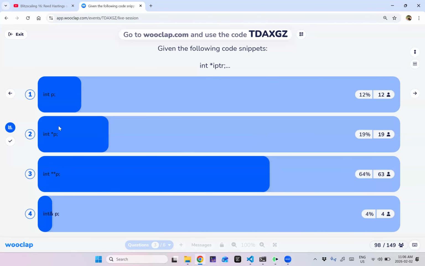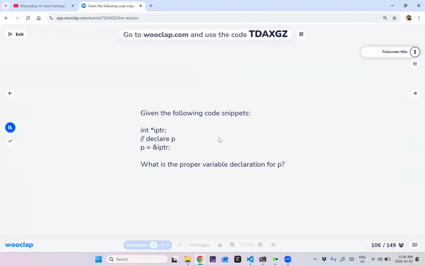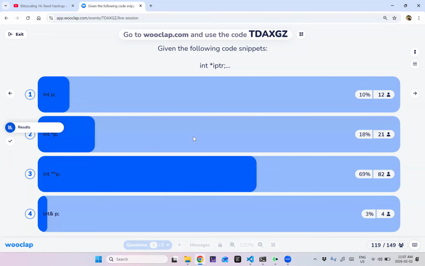A lot of you are saying double pointer, and that is correct because the address of a pointer is a double pointer, right? Again, choose whatever if you haven't chosen anything, and we'll move on.